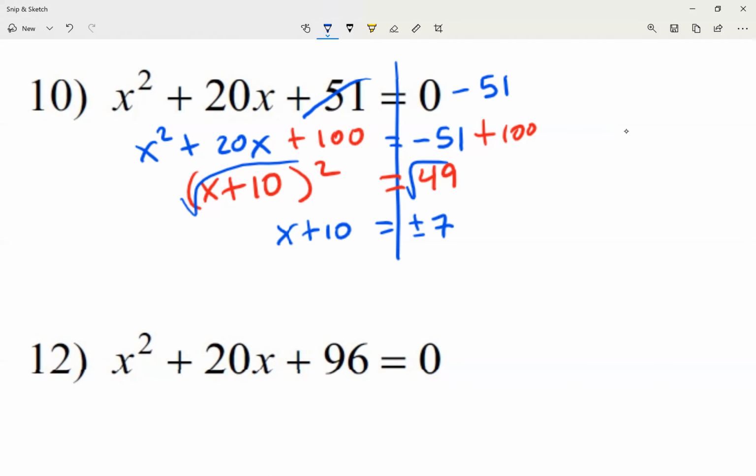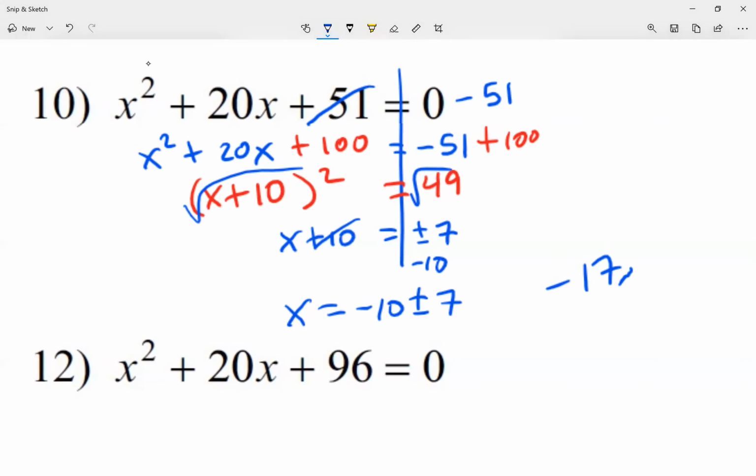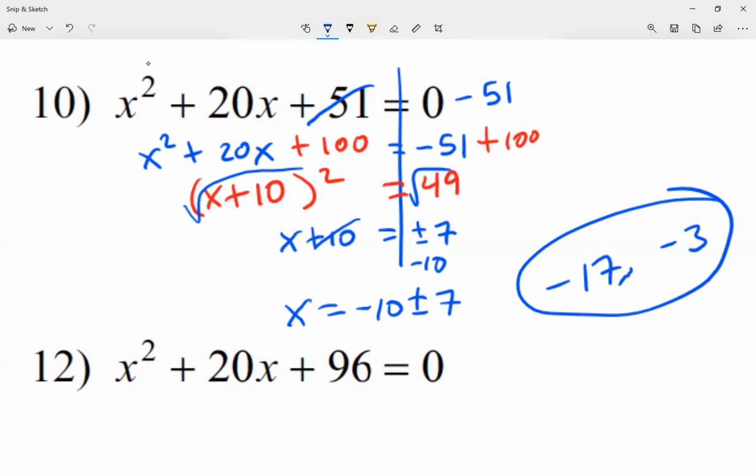I want the x to be by itself, so the plus 10, let me move it over as a minus 10. So it's going to give me that x is equal to negative 10 plus or minus 7. Use that to come up with your two answers. Let me use the minus first. Negative 10 minus 7 is negative 17. The second number, negative 10 plus 7, is a negative 3. When you write your list, notice how I have a comma, and I have a space after the comma. I should have two answers,